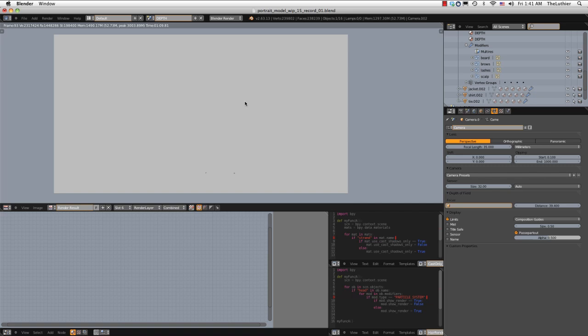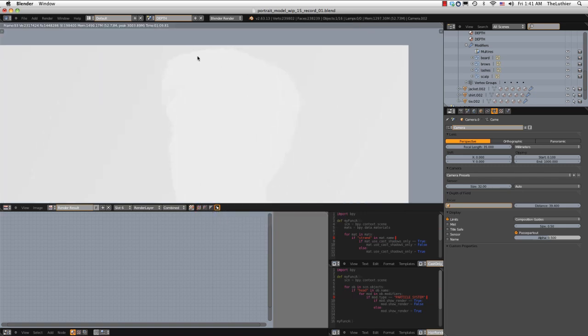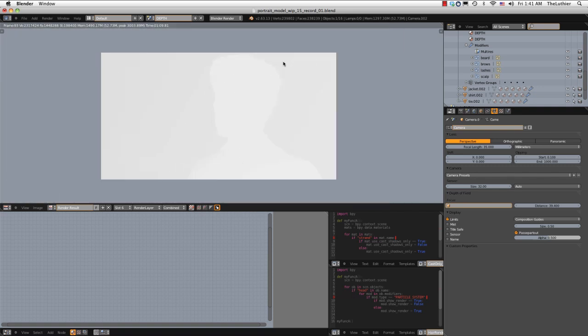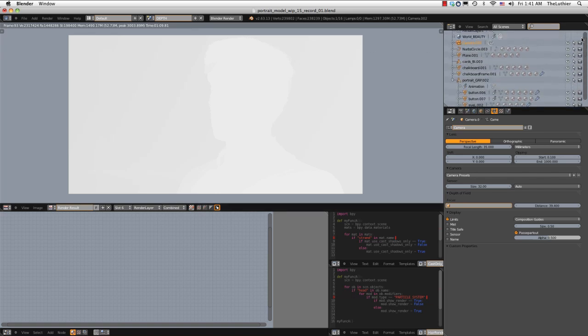We should have an all gray image, but then if we go over here to the Z buffer draw option and click that, we can see a white silhouette of our head, and then it gets grayer behind him. And this is good. This means that the Z depth is working and it's a successful pass. This information will be perfect for defocusing in post. Now let's go to the next scene, which is